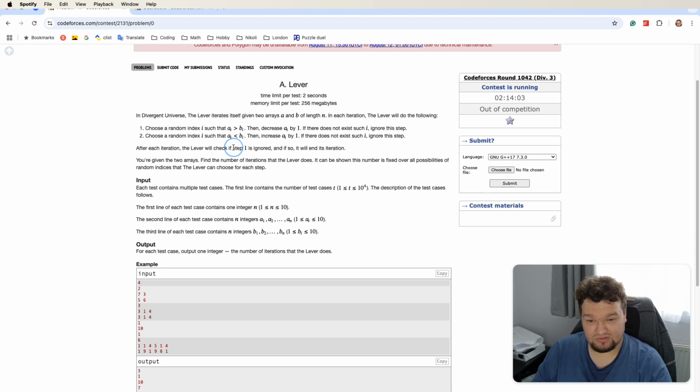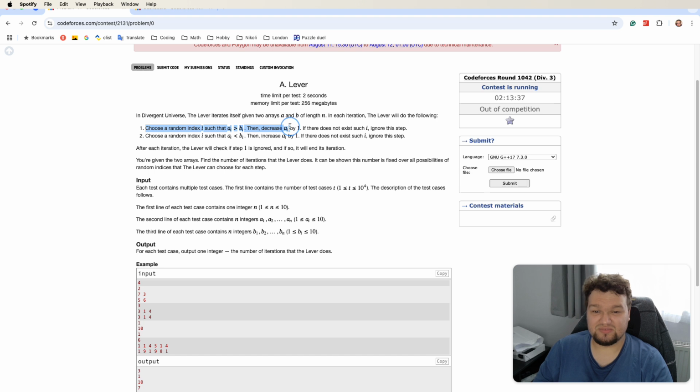So only if step 1 is ignored. But if step 2 is ignored, it will continue. You are given two arrays, find the number of iterations that the lever does. It can be shown that this number is fixed over all possibilities of random indices that the lever can choose for each step. Well, yeah, because